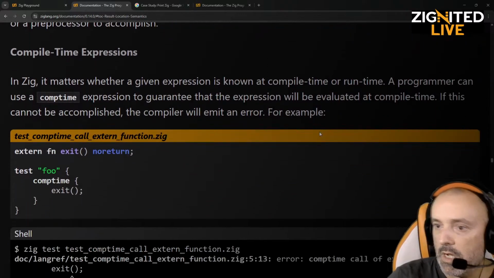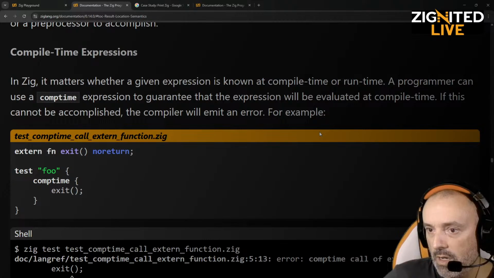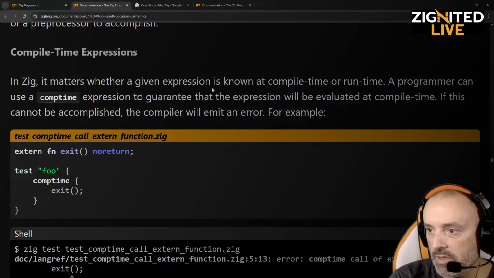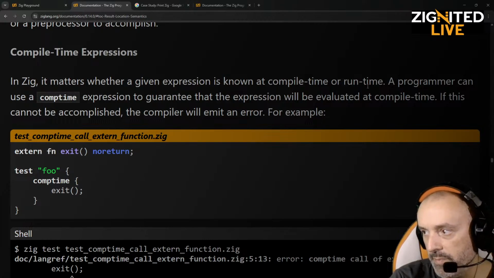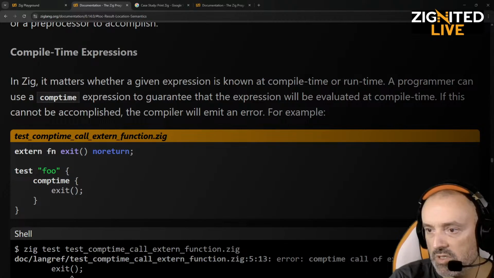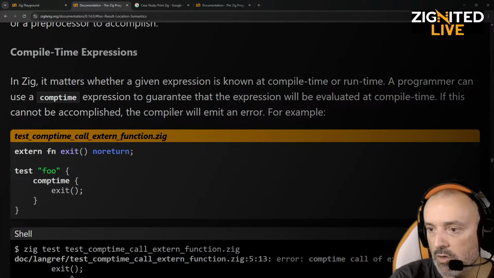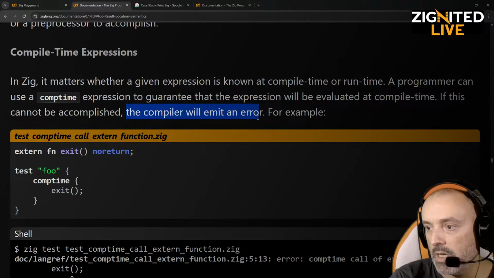Okay, Comptime expressions. In Zig, it matters whether a given expression is known at compile time or runtime. The programmer can use a Comptime expression to guarantee that the expression will be evaluated at compile time. If this cannot be accomplished, the compiler will emit an error. For example,